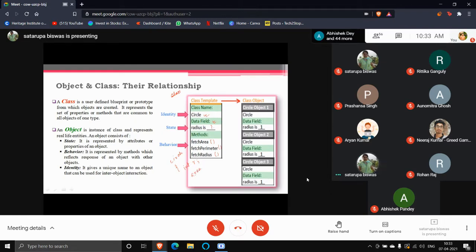The area function is here. It will return a float area. So how do you find the area? What is the formula for finding the area of a circle? Pi r square, pi into r into r. That's it. In this way, two other such functions will be there. So this is a kind of class.